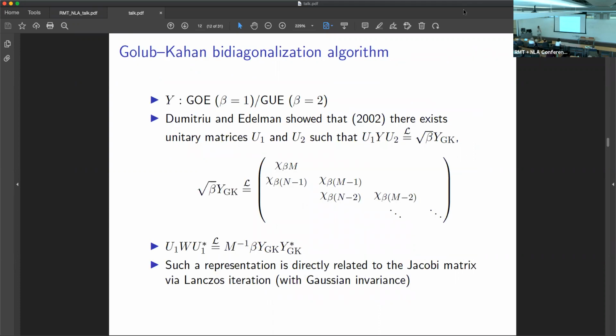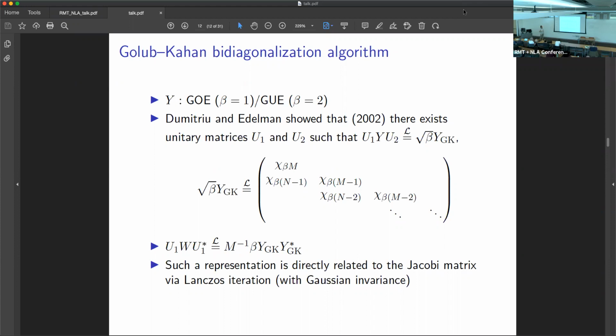So what are the key ingredients in this method? Okay, their method has two steps. The first step is trying to understand what is going on with the Gaussian case, and in the second step, they are trying to utilize the local laws from random matrix theory and then generalize to an arbitrary distribution. But the key part is getting an explicit formula for the Gaussian case, and the very important ingredient is